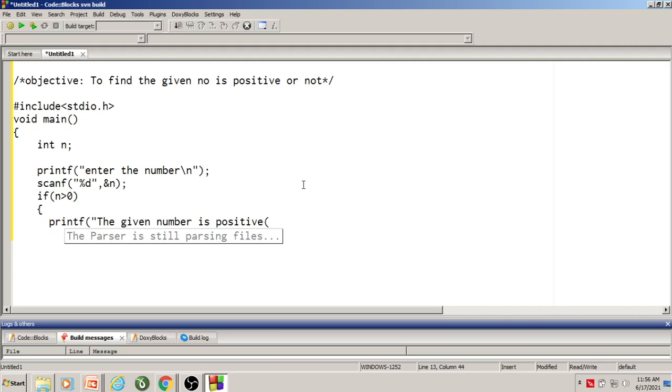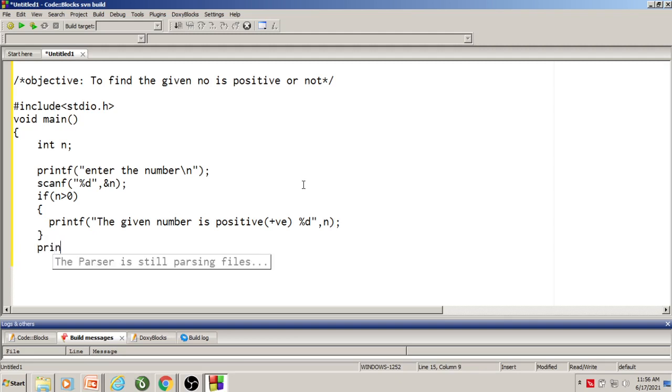So within the brackets I would like to display %d. I want to display that number, right? The value of the number is stored in the variable n. So I close here and I write a statement like "welcome again."